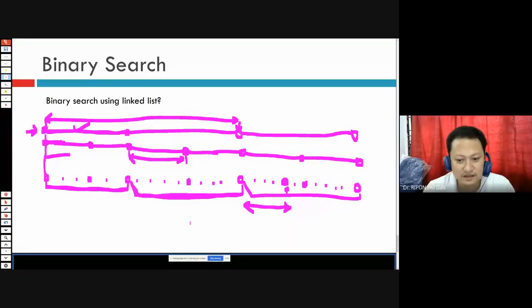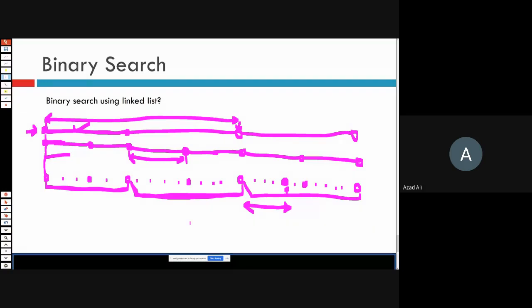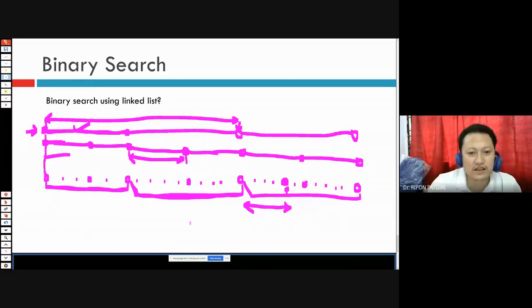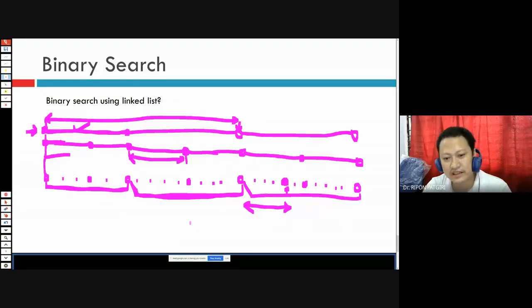If we are doing binary search using a linked list, and we input random numbers, not in a sorted way, then sorting the elements in a linked list will be less efficient than sorting the elements in an array, right? So using a linked list for binary search is not good. You can easily implement merge sort or insertion sort in a linked list. It is not a difficult task.